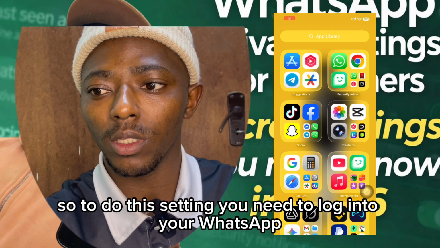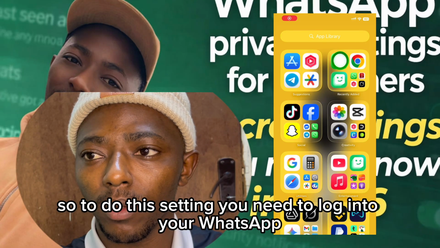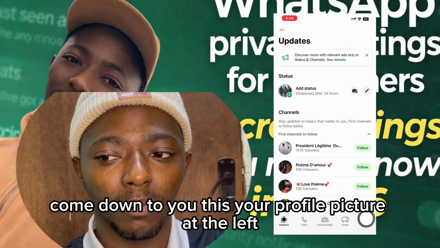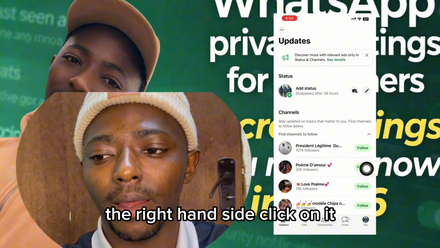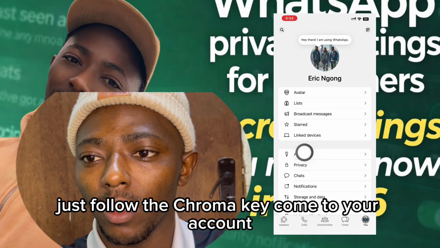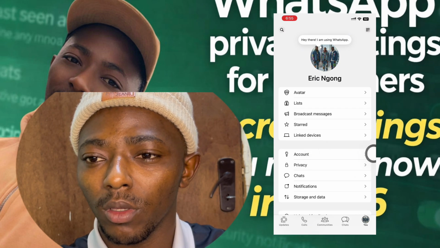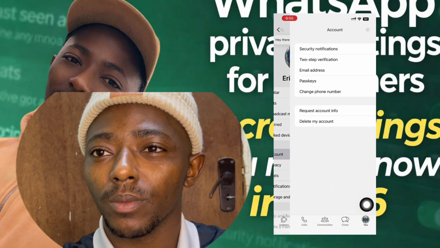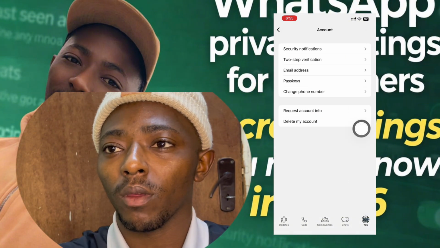So to do this setting, you need to log into your WhatsApp. Come down to your profile picture at the right hand side, click on it. Just follow the chroma key, come to your account. Choose account first. You go to